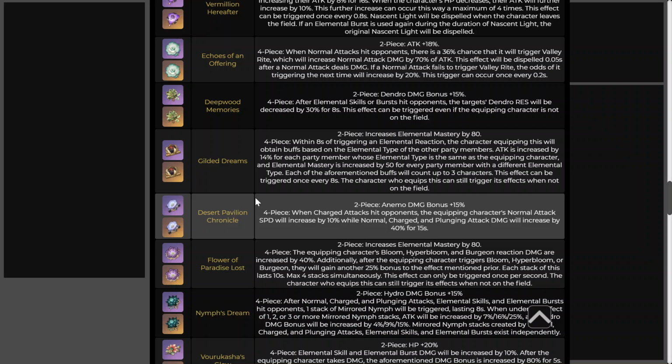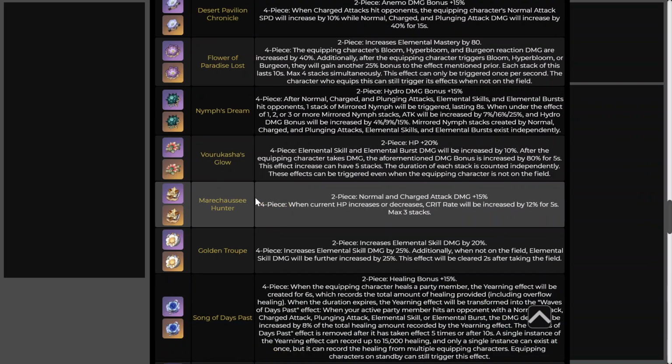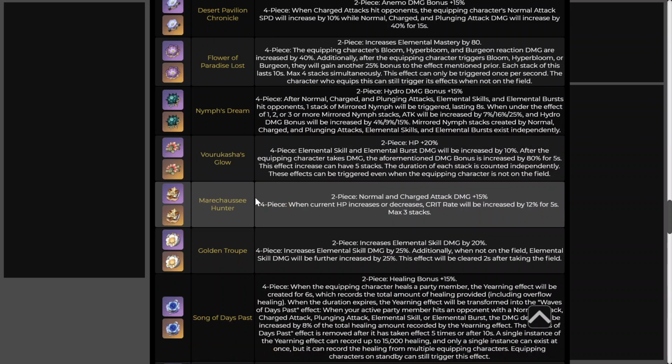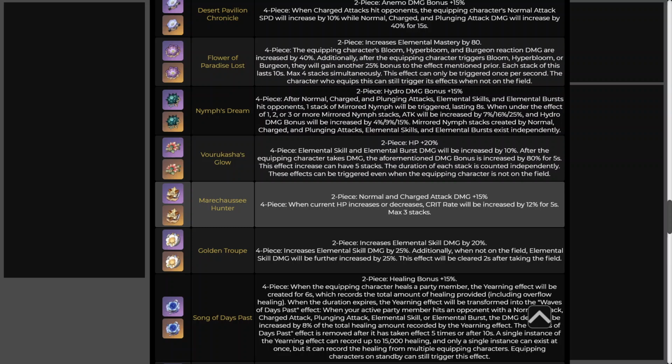None of these sets here work. Definitely not this. No. Marechaussee Hunter's another set, guys. It's the exact same issue. Marechaussee Hunter has the exact same issue that Vermilion Hereafter has. It relies on Arlecchino losing HP in order to really be useful. Now, the 2-piece is really good because the normal and charge attack damage is increased by 15%. That's really nice, right? And, of course, the crit rate is also nice, but Arlecchino needs to lose and gain